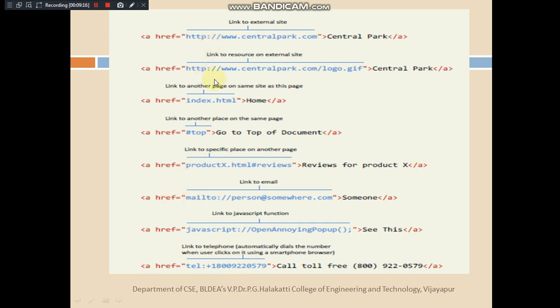All the others are very clear by their names itself. I'll just go to mailto. Yeah, this is linked to an email. This is how it is done. And go to the top of the document. Say top of the document is a heading. For that we should mention the ID equal to top, and you should specify within that anchor tag itself href equal to hashtag top. So it should go to that particular tag where top is mentioned. And similarly you can link to any other element like a telephone as well.